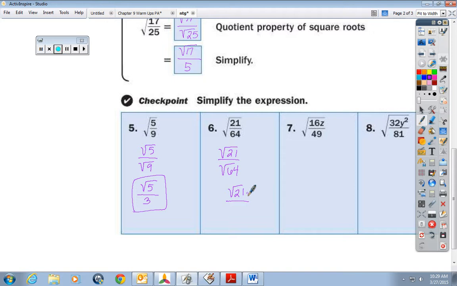Okay, now on this one, we've got the square root of 16z over the square root of 49. Now, why is this one a little bit different? Okay, it has a variable. So here, until you get the hang of it, here's what I'm going to suggest you do. For each term, rewrite